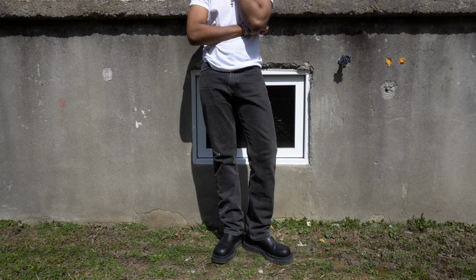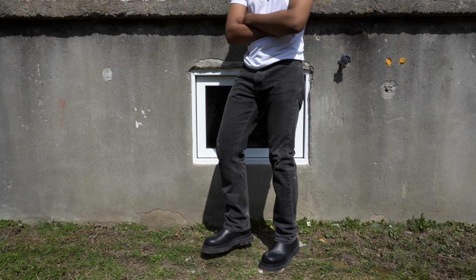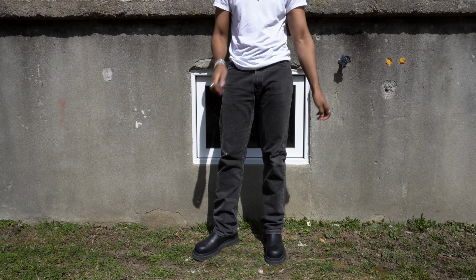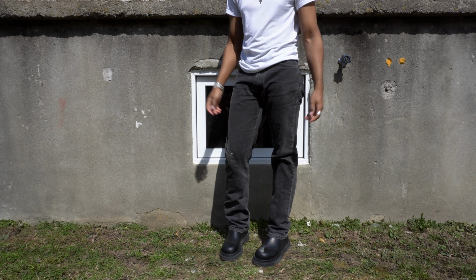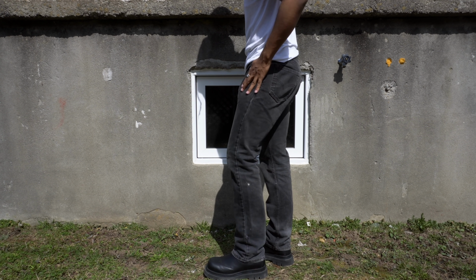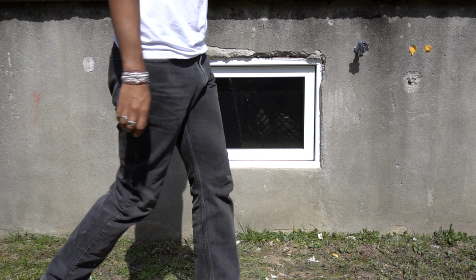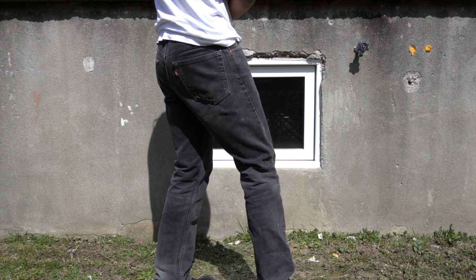Next up, in a similar fashion to the last pair, we have a vintage pair of 505s with a similar wash, just washed out black, very wearable. I tend to wear these when I paint. I've been getting into painting recently, so there is a little bit of paint on the knee. Nothing too crazy though, I'm not putting these under fire or painting like a maniac, I'm not painting houses, but I've definitely put these through a little bit more stress than my other denims,